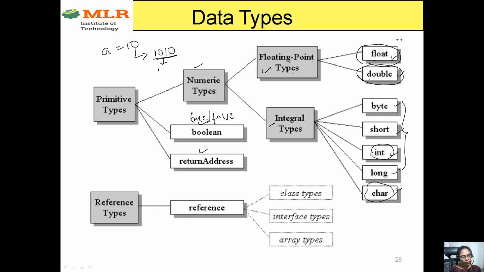That means it occupies only 4 bits. 1 byte is enough for this A value, but I declared A as int, which takes 4 bytes of memory. Out of these 4 bytes, we are using only 4 bits, so the remaining 3 bytes will be wasted.